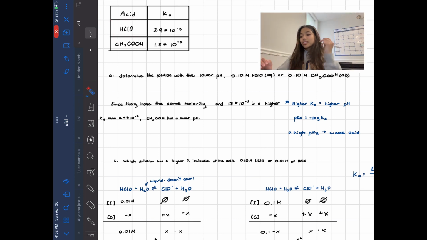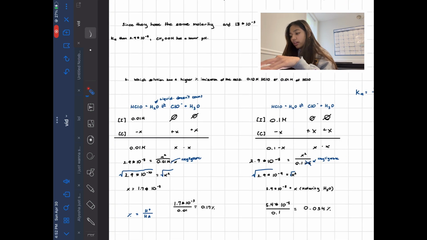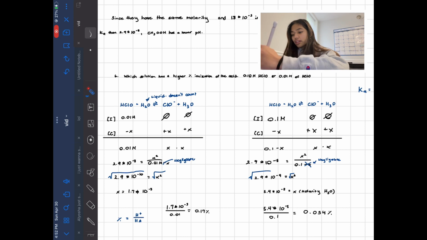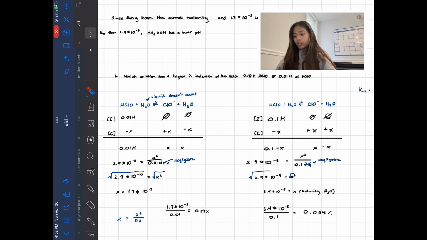Alright. Next, we will look at part B of this same question. Which solution has a higher percent ionization of acid? A 0.1 molar solution of HClO or 0.01 molar of HClO? We do this by first using the equation with HClO and H2O, which is acting as our base in this situation,